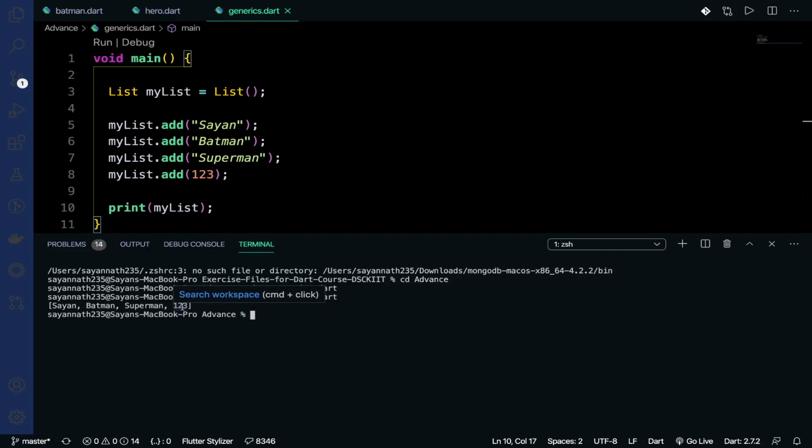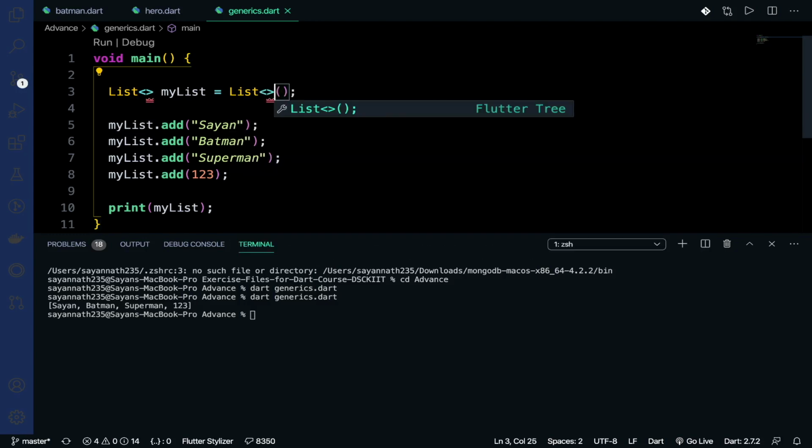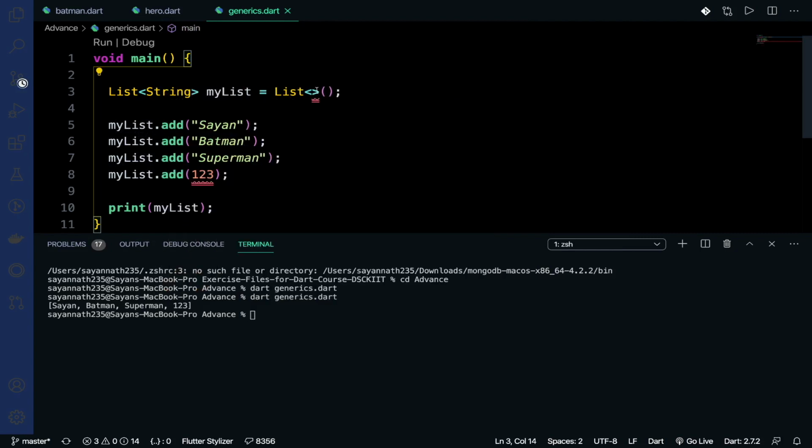Okay, now you want to restrict your list to strings or integers. When you want to restrict it so that your code isn't being misused, that's why generics are used. So if you use generics in your list or any other data structure, it means that your list or data structure is limited to that data type. Like if you have to add like this, and the moment I add the data type string, you can see something.